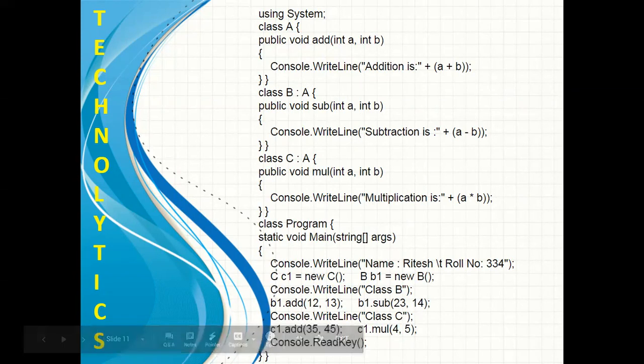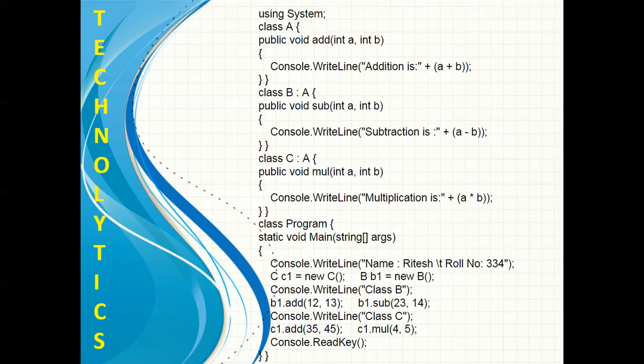How is it possible? Because this C class, if you will see, is inheriting class A. तो C को भी A के कोई भी method use करने का हक है. So add method was there in class A, which C1 object of C class could easily use. और साथ में C1 के साथ हमने we have called multiply method which itself is defined in C class.